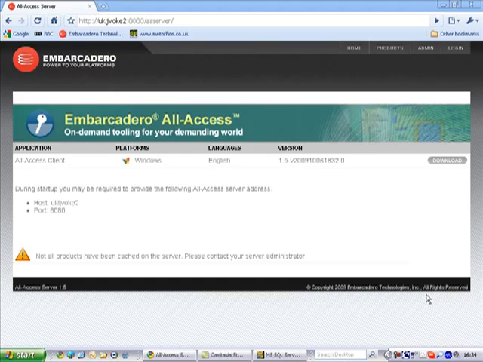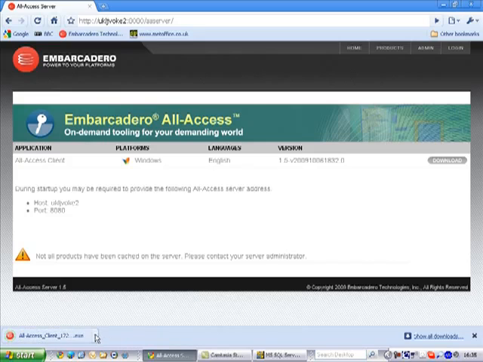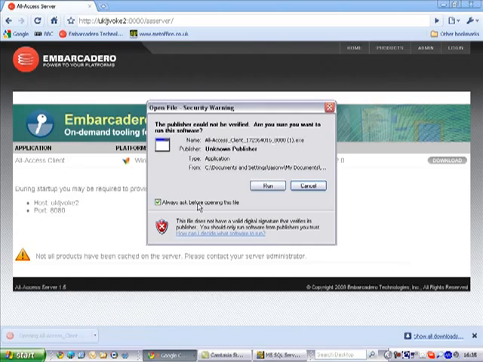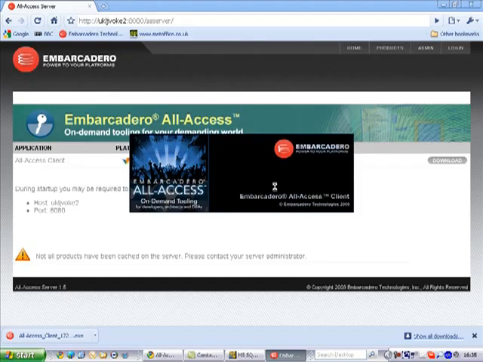What we're looking at here is my browser. My browser is looking at an All Access server that's running on this machine. And the first thing I want to do is actually get access to the client. So I'm going to download the client application so that I can see the interface and start working with some of the tools. If I open up the client here, having downloaded it from the server,